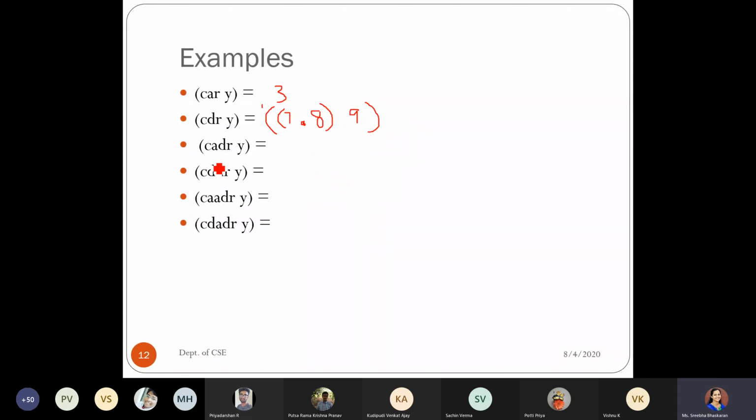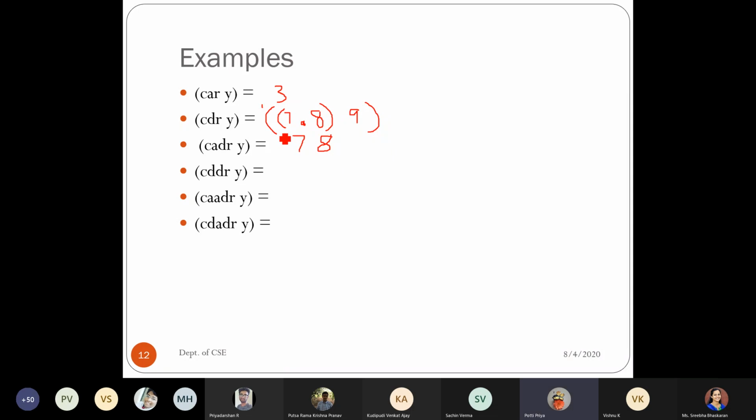Coming to the next one, CADR, which is nothing but car of CDR of Y. 7, 8. No, ma'am, 7, 8 in brackets.